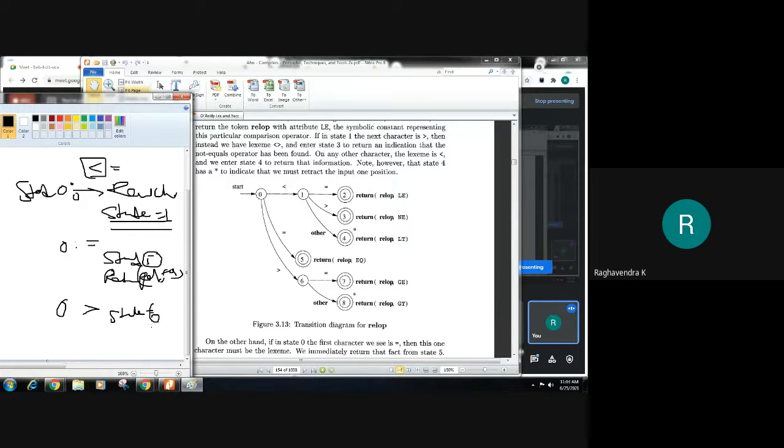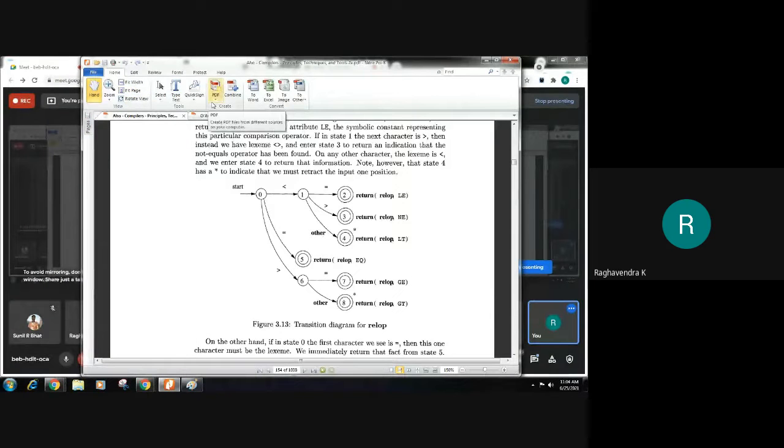Now if you check here, each state is itself a multi-way branch. For example, in state number 1, I have multiple options. In state 1, I will read the next character. If the next character is equal to, then I will change the state to 2. Like this, we can keep on generating the multi-way branching, or basically we can generate switch statements from the transition diagrams to produce the piece of code that is required for us. Okay, so let us just look into this. I'll just show you this.